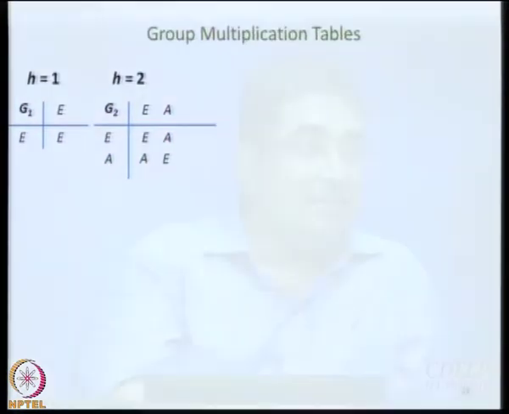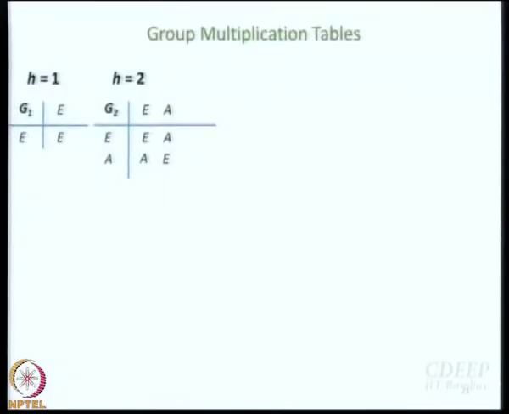Not only closure. Why is it E? First of all, closure. Secondly, your inverse has to be there, right? So A has to be the inverse of itself. That is what we learned. For a group of order 2, G2, A has to be the inverse of itself. The sport chart doesn't have anybody else, right? So it has to be the inverse of itself. Alright, Meher? Agree? Simple. H equal to 3.